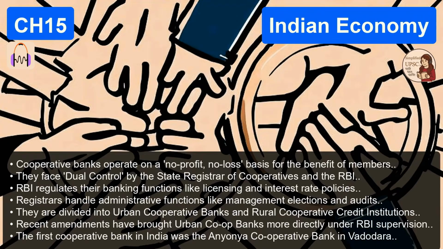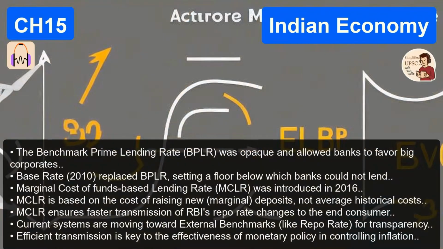Okay, what else did Narasimham recommend? Transparency regarding bad loans. Before this, banks used to hide their non-performing assets, or NPAs, using accounting tricks. Hiding bad loans. How? They would lend more money to a defaulting borrower just so the borrower could use that new money to pay the interest on the old loan. It's called evergreening. That is exactly like using a new credit card to pay off your old credit card. It is a recipe for disaster. The committee said, no more. We need full disclosure. They standardized the definition of an NPA to the 90-day rule, which we will discuss in depth later.